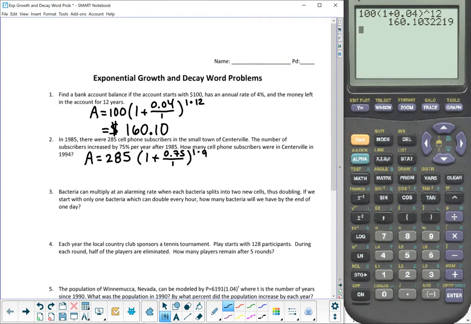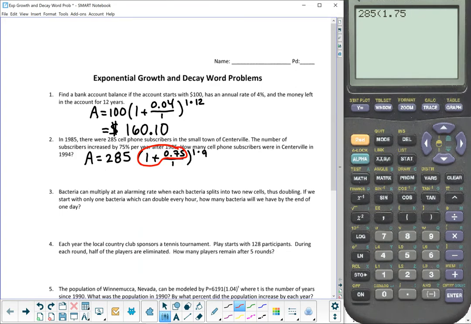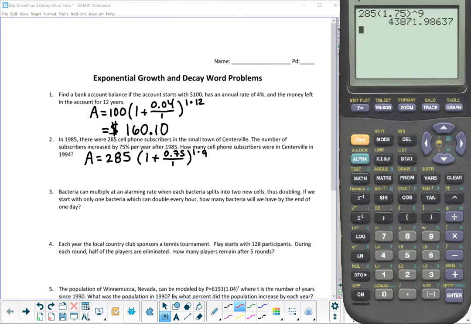Again, in your calculator, you're going to go ahead and type in 285 parentheses, and again, these ones, times 1 and divided by 1, are not going to matter much. So I'm just going to go ahead and put in 1.75, because that's what this part comes out to be: 1 plus 0.75. So I'm typing in 1.75 to the power of, and then 1 times 9 is just 9. And that comes out to be